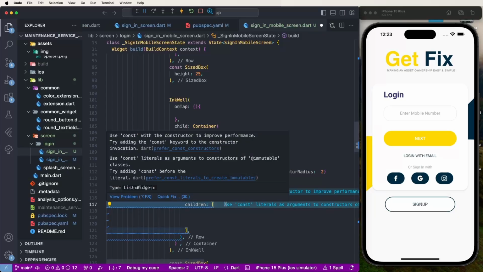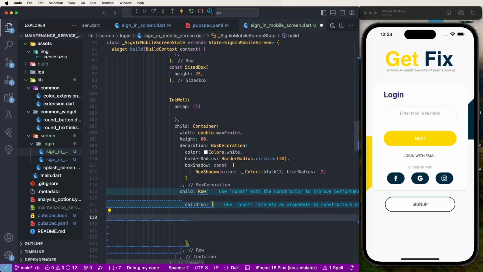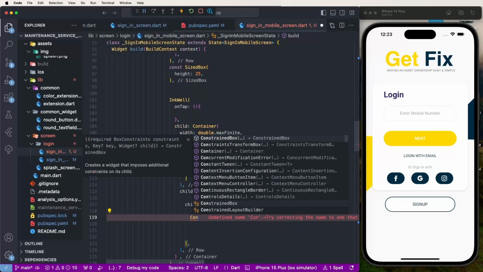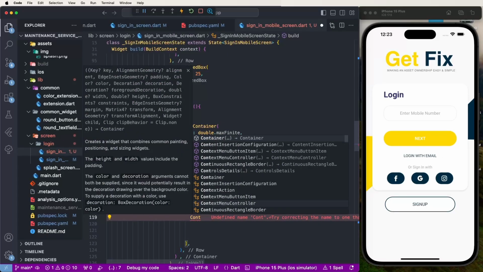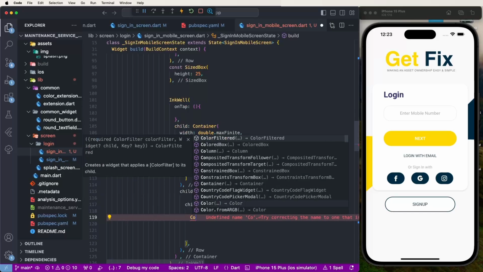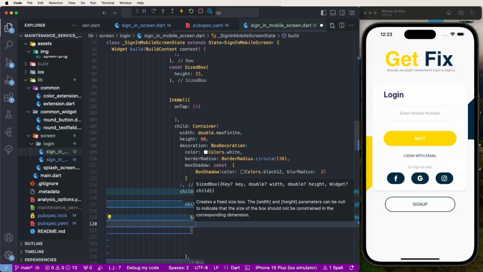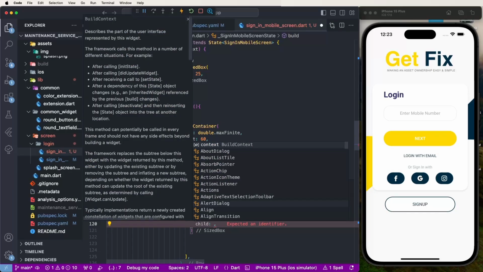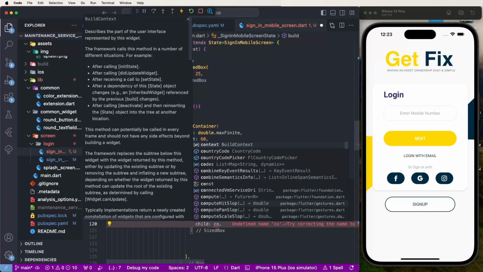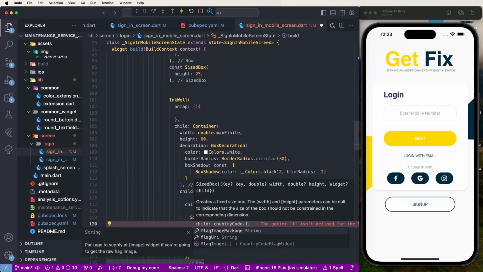Now need to create here the size box, size box child, need to set here the country code dot flag image